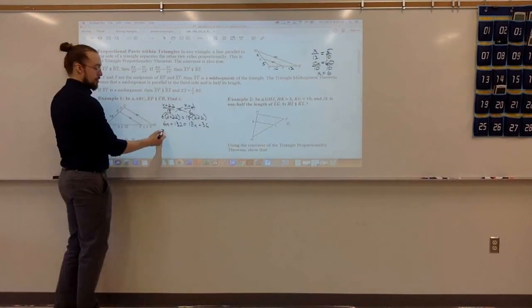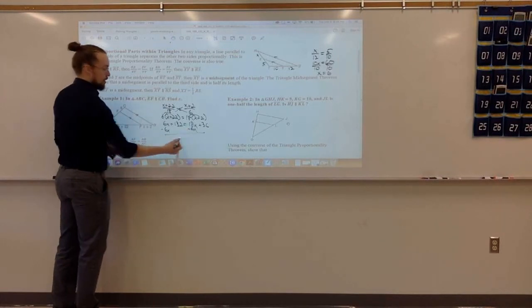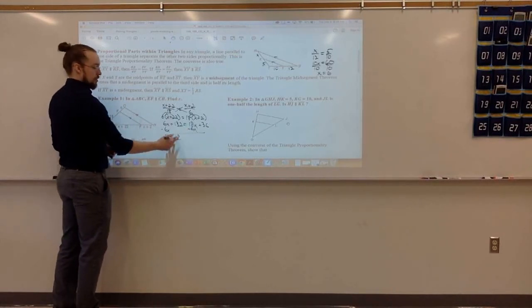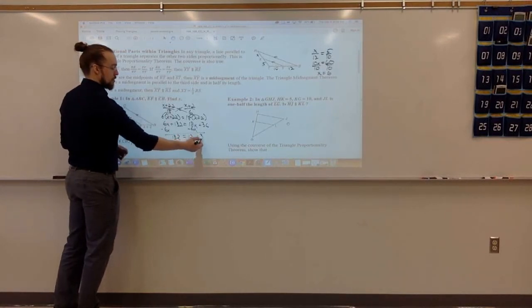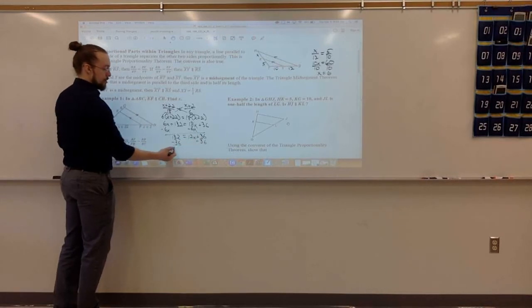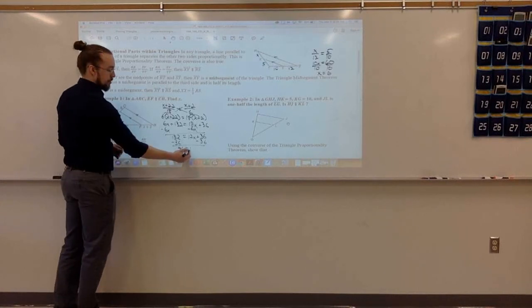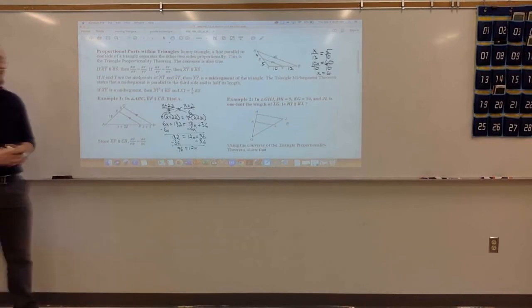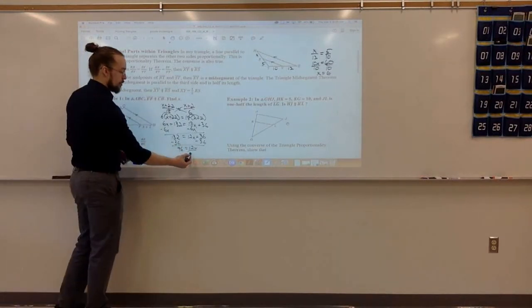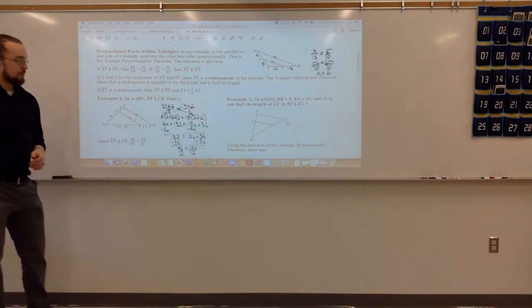Get the x's on one side. So 132 equals 12x plus 36. Subtract the 36 over, and we get 96 equals 12x. Finally divide by 12, and that is